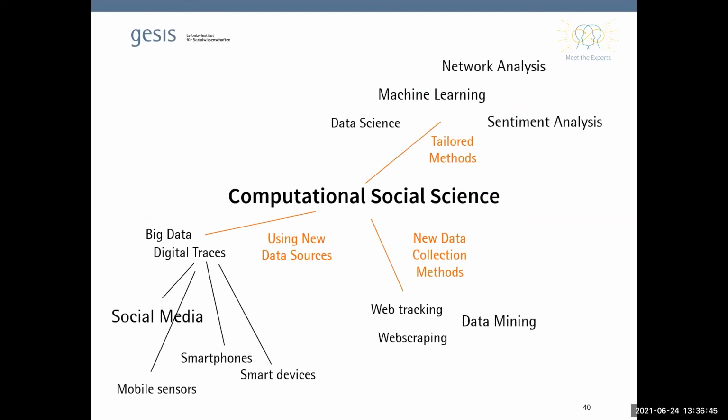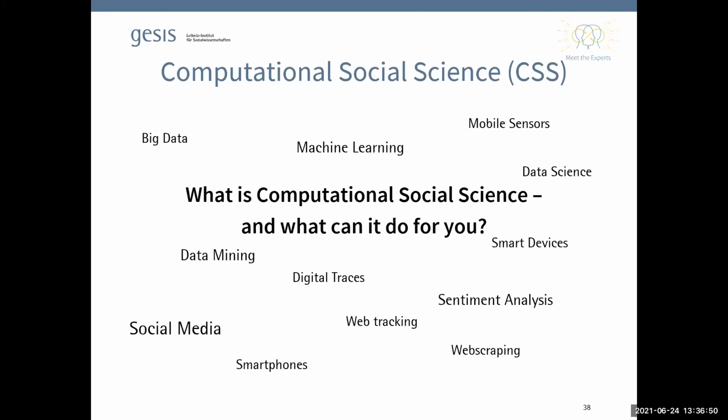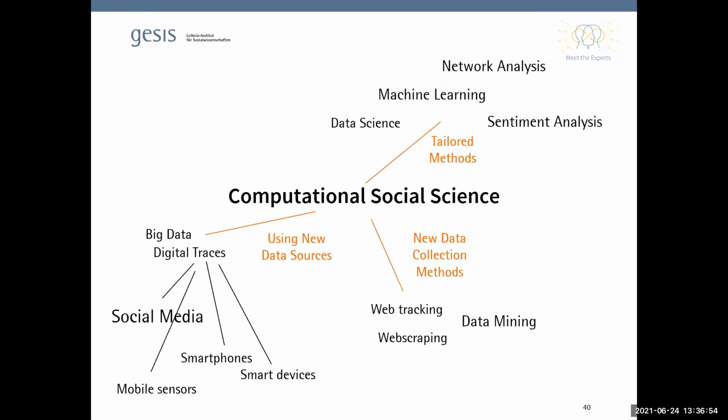Yeah, and to clarify a bit, you remember we've had all these different terms floating around that you may or may not have heard in the past. To sort them into how they relate to computational social science, and to wrap up my introductory talk, I'm using this graphic here. So we've got computational social science on the lower level as an area using new data sources, and we've seen quite a few examples for that.